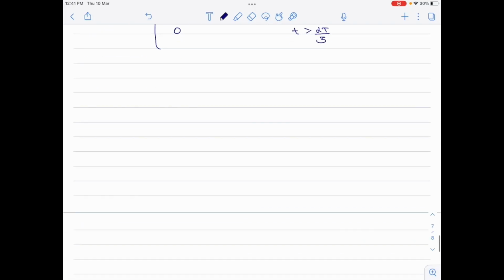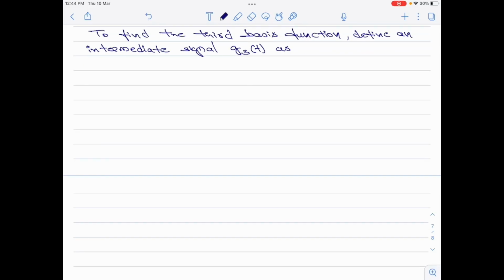Let us now move on to the third basis function. Very similar to what we have done for the second basis function, we once again create an intermediary signal G3 of t for defining the third basis function. So, G3 of t equals S3 of t minus S31 into phi 1 of t minus S32 into phi 2 of t. Using this equation, we can now define the third basis function as